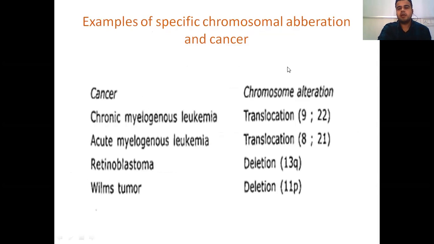Now there are so many chromosomal aberrations or mutations which can cause cancer. As you can see over here, I've given some examples: chronic myelogenous leukemia, acute myelogenous leukemia, retinoblastoma, and Wilms tumor. This happens by translocation, by deletion. This is important for questions, so kindly pay your attention. We'll take the example of the translocation between chromosome 9 and 22 of humans to study chronic myelogenous leukemia. Apart from that, there is also amplification or insertion or inactivation. All those can also be the basis of cancer. But for our question, translocation is highly important.